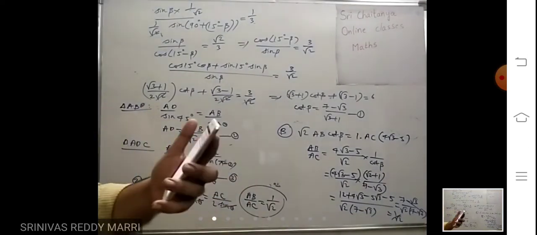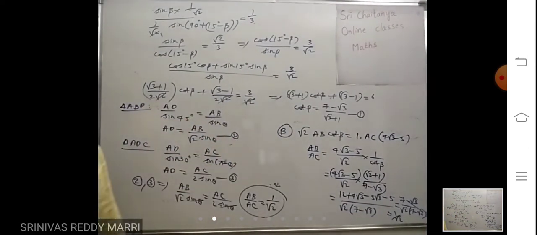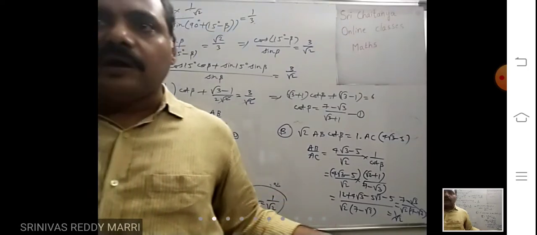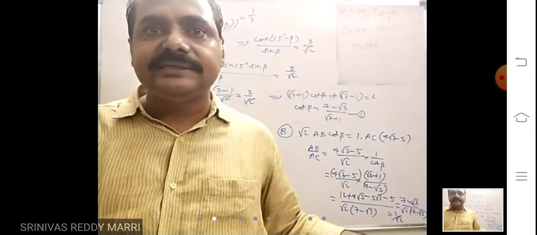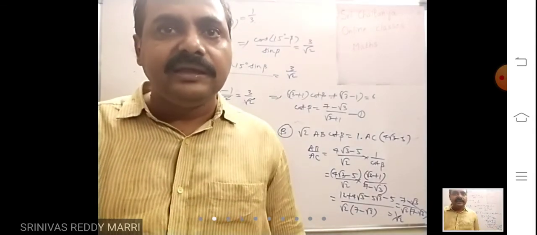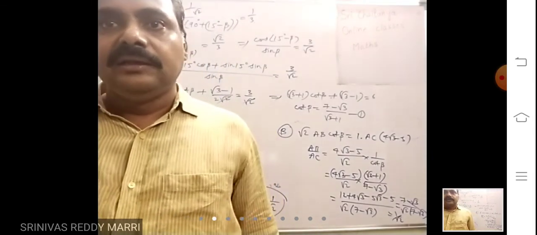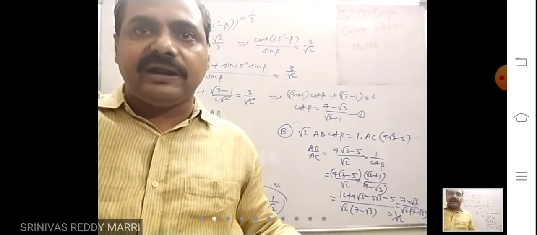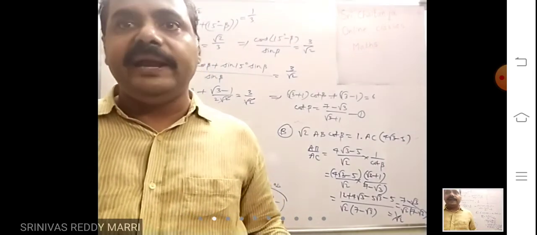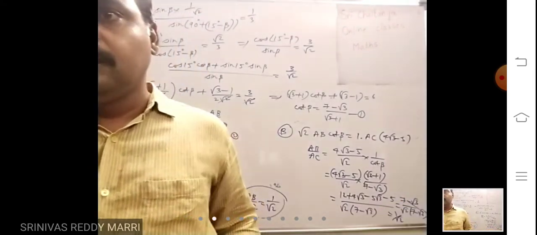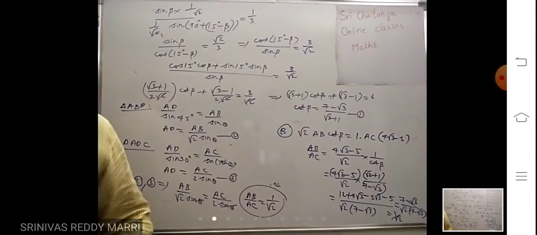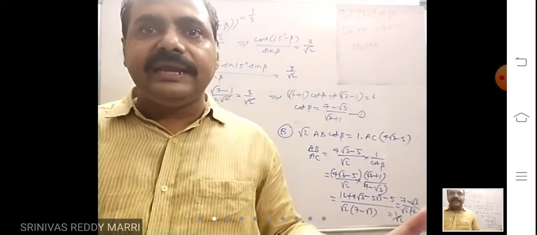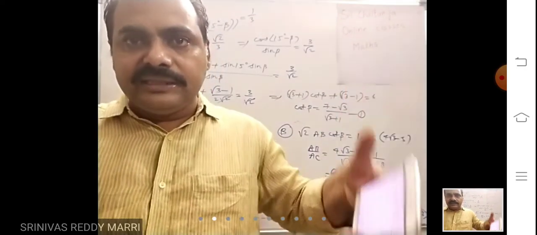So what is the correct answer? Option B. From the answer you have to know. He is asking cot beta. So how to calculate that one? And he is asking about AB and AC. What is the relation you have to establish? Previously you have done these models. From both the triangles calculate AD in one condition and then you get cot beta. From there you can get what you want. If two triangles share a common side, one approach is to find the common side AD and then equate. You will get a relation between these sides.